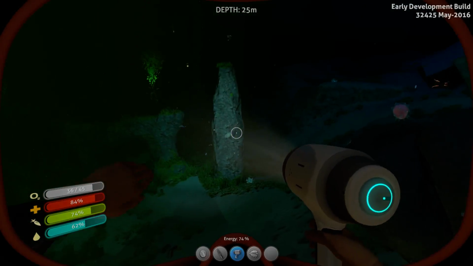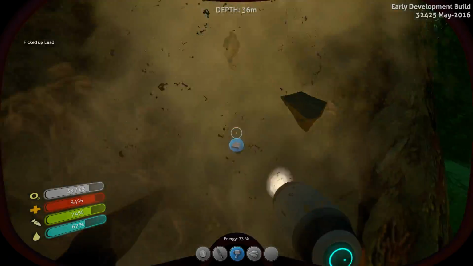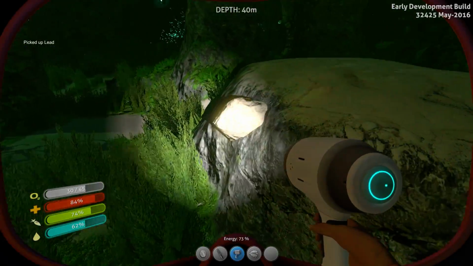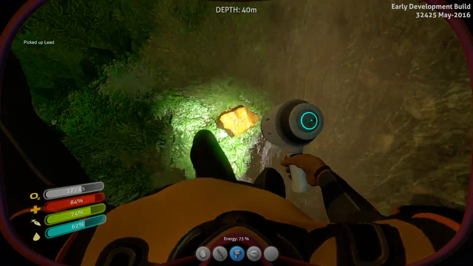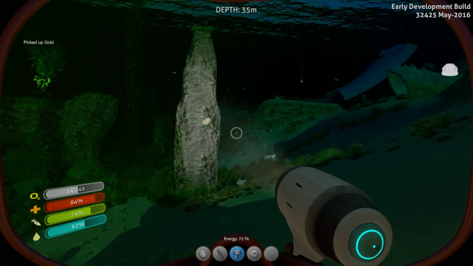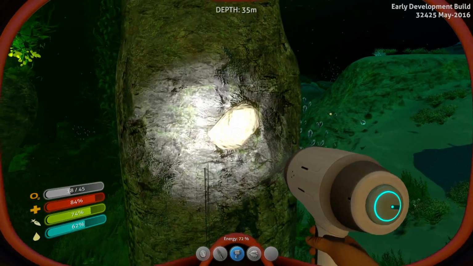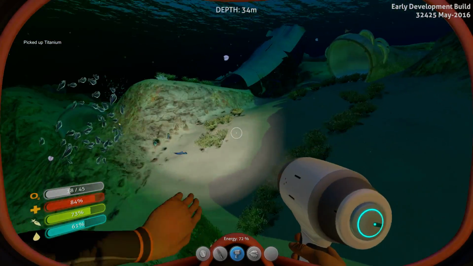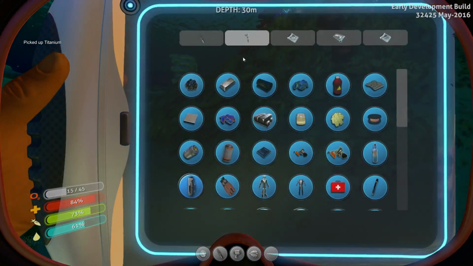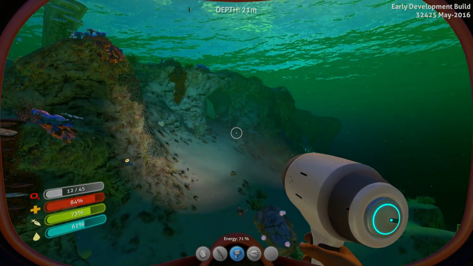Oh, there we go. There we go. Oh, another one. Perfect. Oh, here we go. We found the jackpot. Lead, not what we need. That's copper. Or that's gold. Oh, wait, that was a sandstone, wasn't it? Maybe? Oh, God. Okay, we got more titanium. How many titanium have we got right now? We have 4. Honestly, I might...